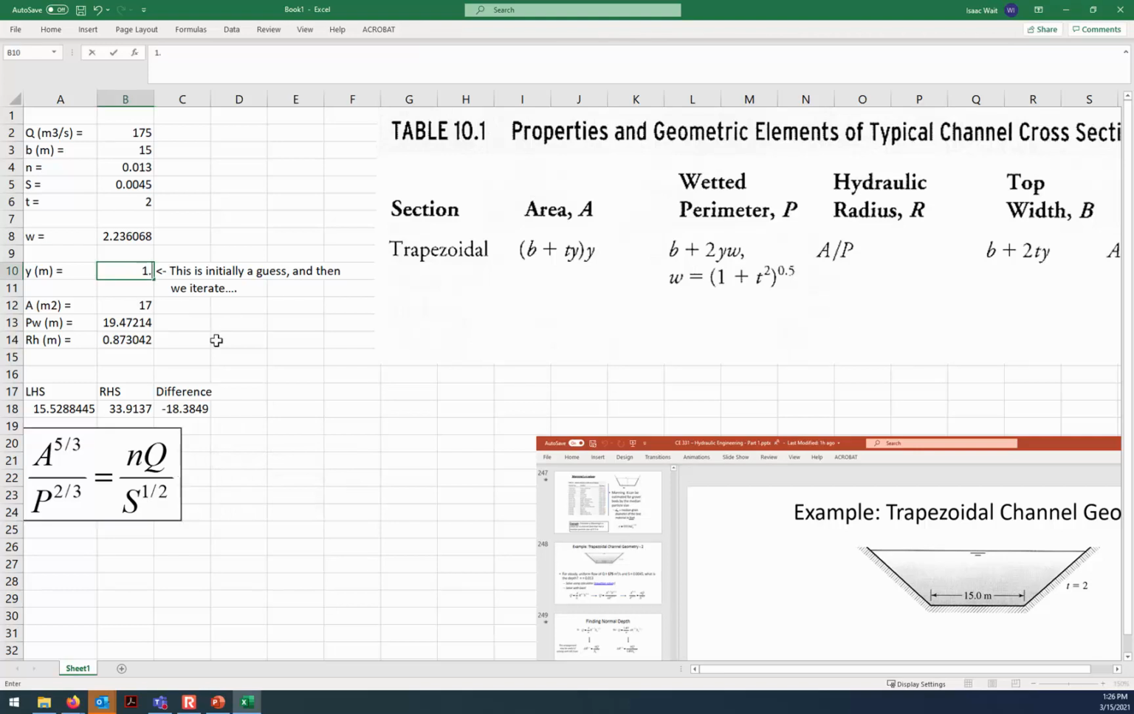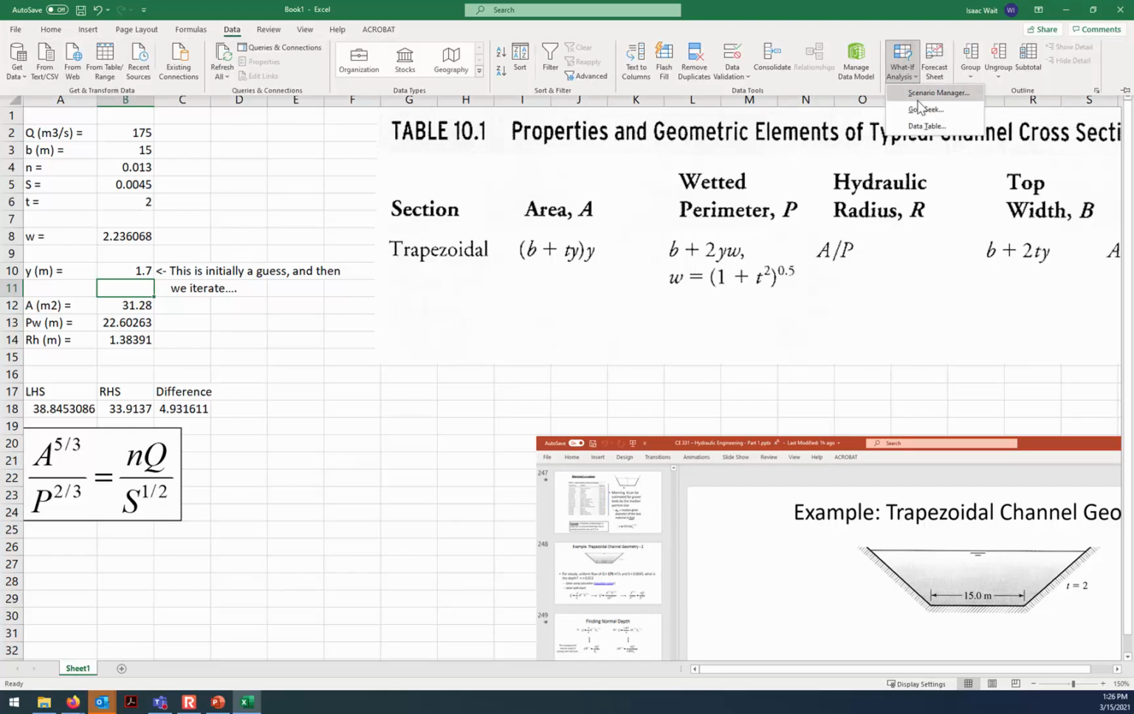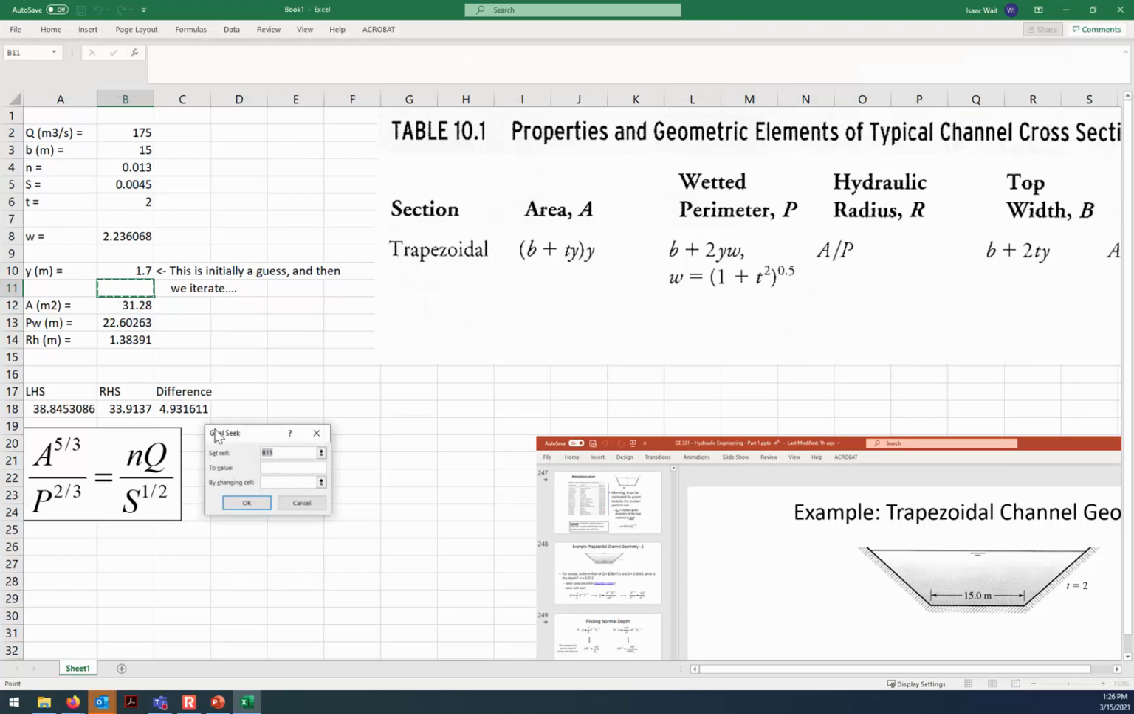What about 1.1? That's getting closer because the difference just got smaller. What about 1.2? We're headed in the right direction. 1.8? Oh, that's too far. 1.7? Headed in the right direction again. So you could just manually keep crunching the numbers like that. Or we could go to Data, What If Analysis, Goal Seek, and set the difference to a value of 0